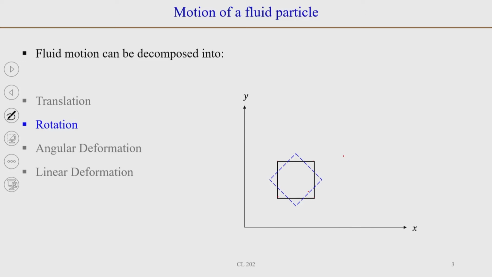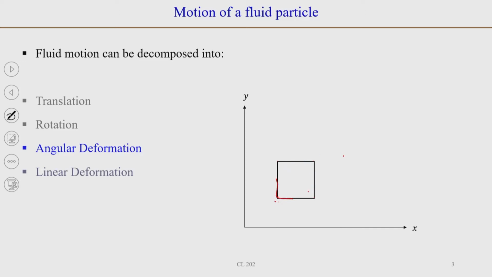Now, the third motion of the fluid element we discussed is angular deformation. In case of angular deformation, the size of the fluid particle, if the fluid is incompressible, does not change, the size still remains the same, but the angle changes. So, the angular deformation refers to the change in the angle between these two sides from 90 degrees. The change that happens from 90 degrees is what we will refer to as angular deformation.